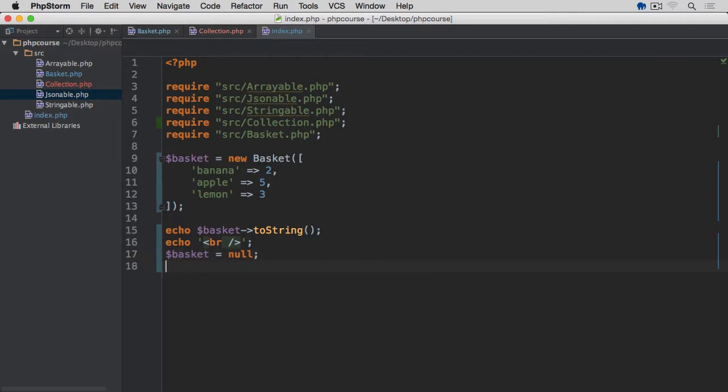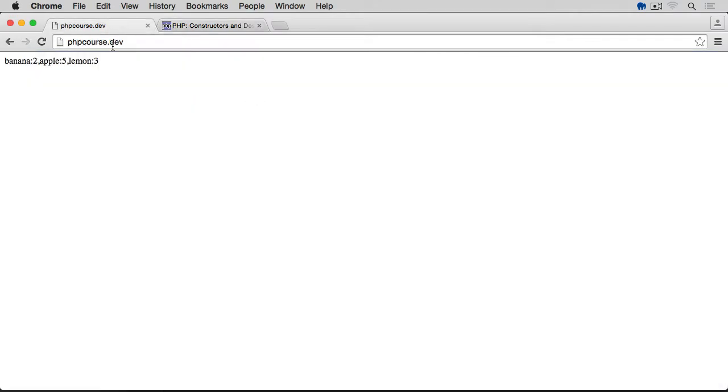And then I'm going to echo a new line again, and then echo "after destructor". So at this point, when we are destroying this basket instance by setting this variable to null, the destructor should be called. And if we save it, preview it in a browser, go back to our PHP course,